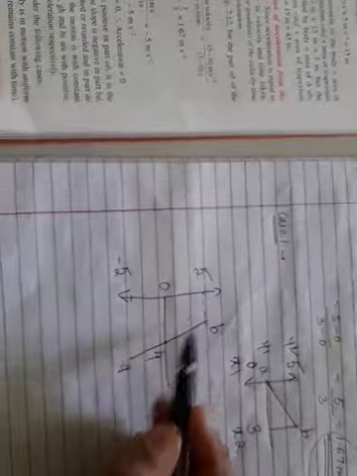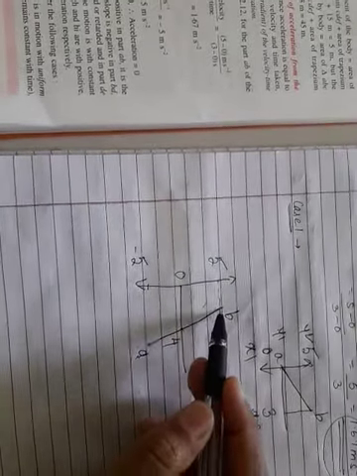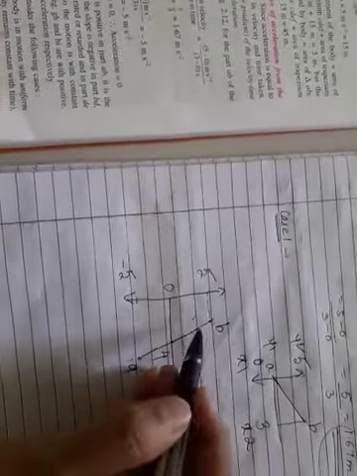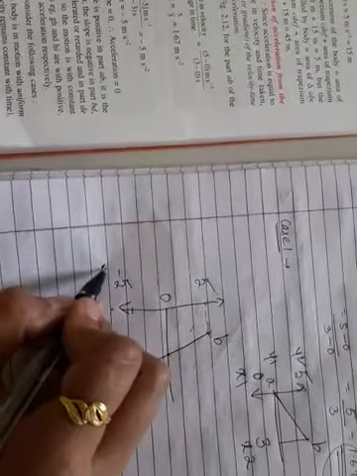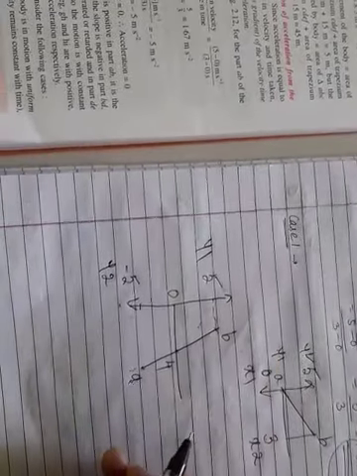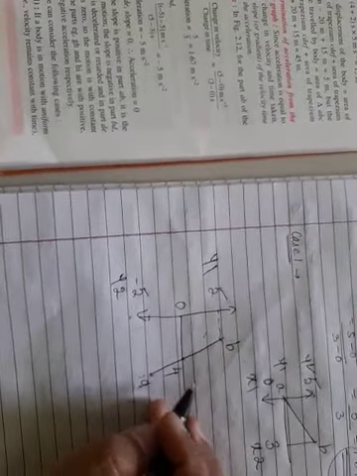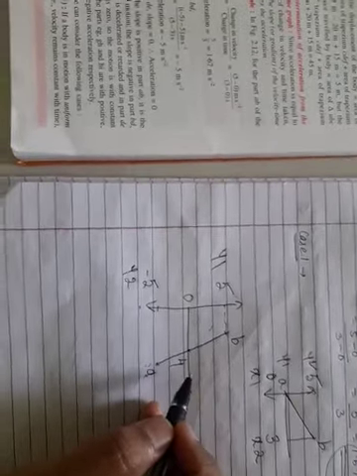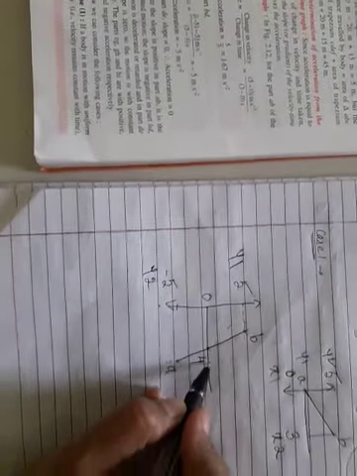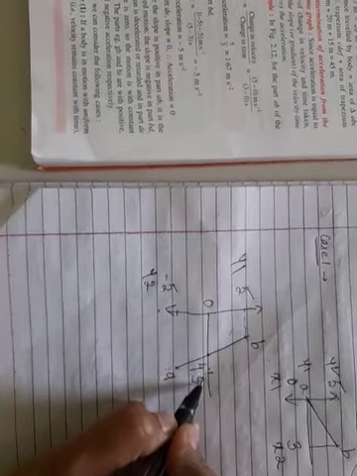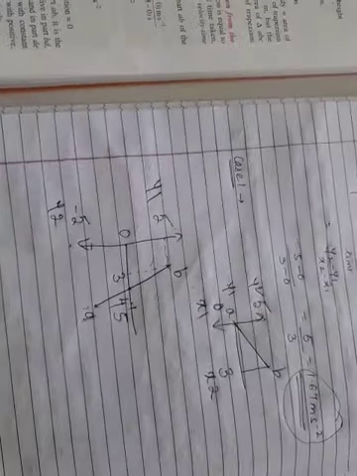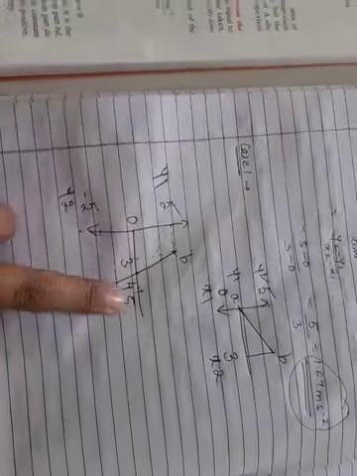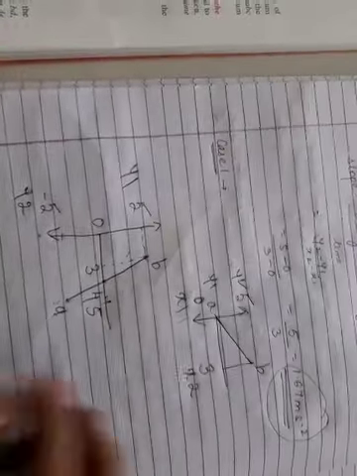So when we are finding out BD, how will we find it? So this is the complete line of BD. Here this is the x-axis, this is the y-axis, so this will be y2, this will be y1. Then what will be x2 and x1? So x2 will be 5, we are going to consider 5 over here, and x1 will be 3. So how did we get this? Just by drawing the perpendiculars from here.